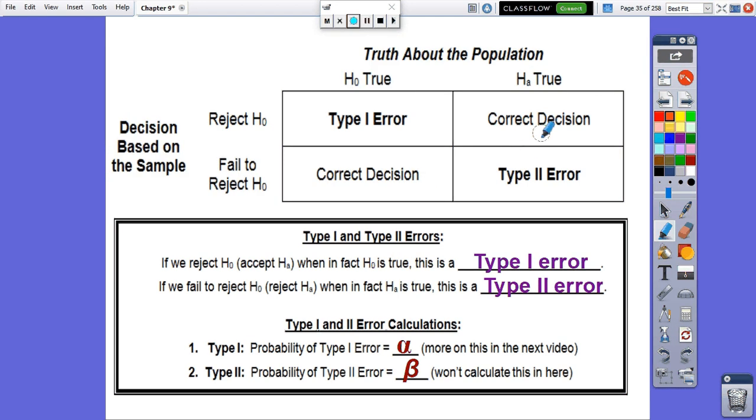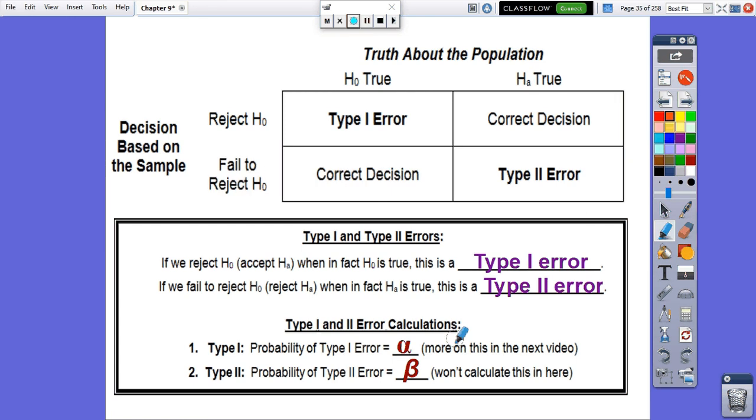Let me go to the other case here. What if we rejected the null hypothesis? We believe we have sufficient evidence to reject it, and it really is true that the alternate was the correct decision to accept there. And again, we made a correct decision. So there will be cases where we reject the null hypothesis and it really was the right decision to make. And there's going to be times where we fail to reject the null hypothesis and it really was the correct